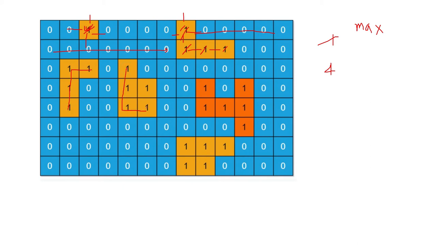Here it will affect all these 5, so it will become 5, and here it will be 6, and then we have to update this as 6 because it is greater than 5, and here also we will get 5. Okay, so our answer will be 6, meaning 6 is the highest area of an island. Now we will check how to write the program and how to do these DFS calls.